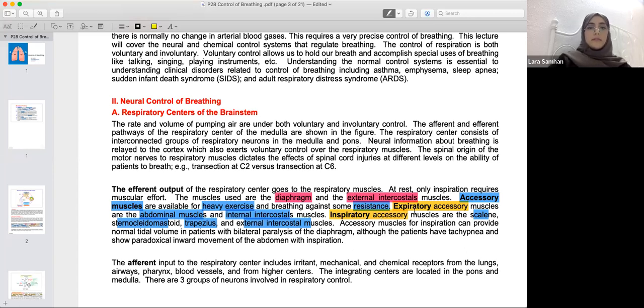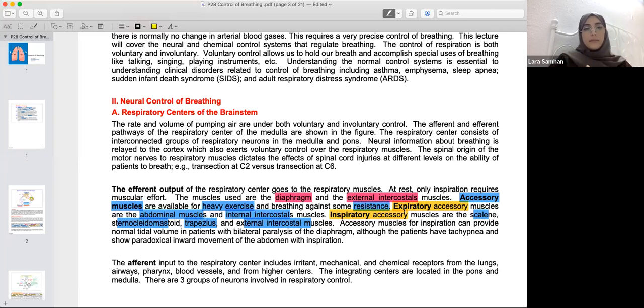Same goes to a person or a patient who has a paralyzed diaphragmatic muscle. If, for example, they have this paralyzed diaphragmatic muscle, they will only be using the external intercostal. No, we actually have inspiratory accessory and expiratory accessory muscles, which will definitely try as much as possible to compensate for this paralyzed diaphragm and to breathe in a way that the oxygen is going to be almost the same